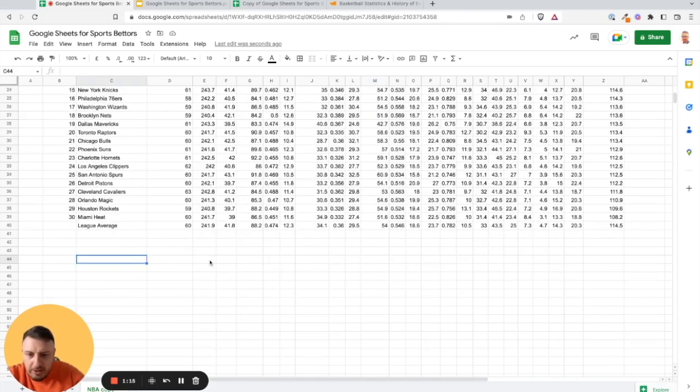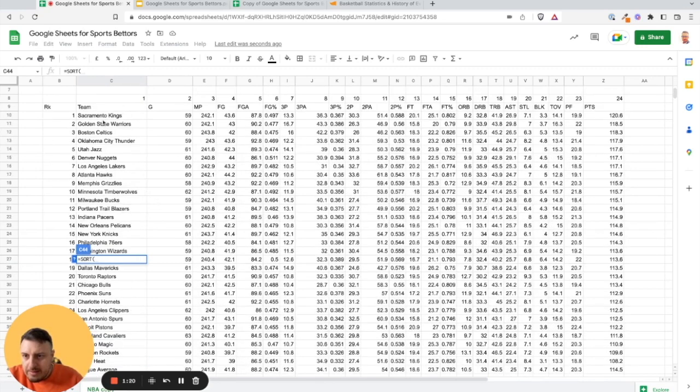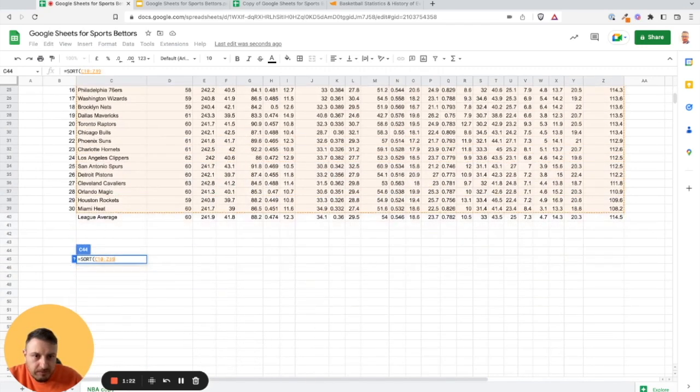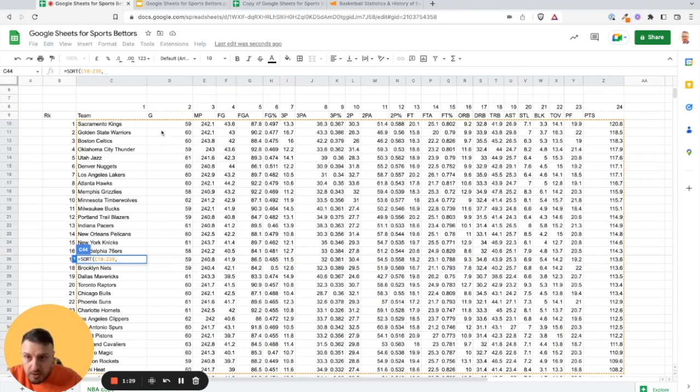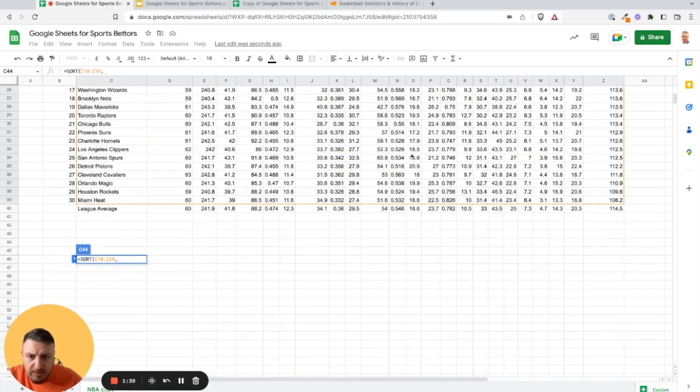Simply start typing sort. Select the range, and then tell it which column you want to sort. So 1, 2, and so on. And I will say, okay, let's say based on points, 24, and then you can do ascending or descending. One is false and one is true. So let's say that we type true,